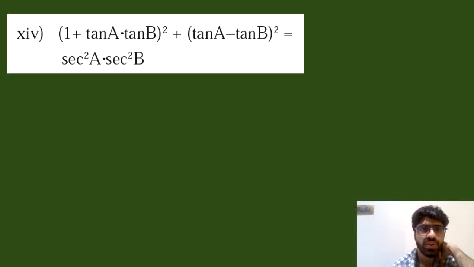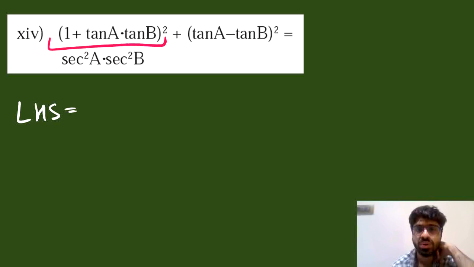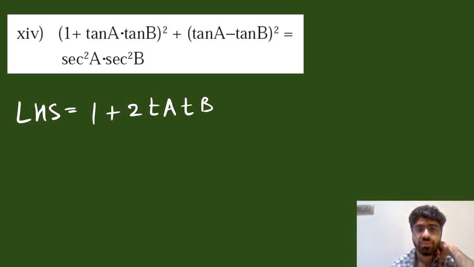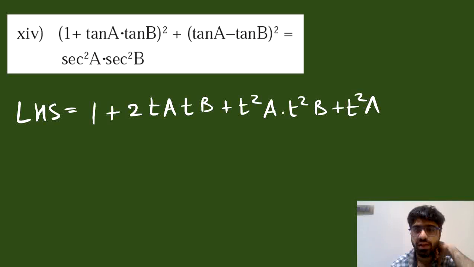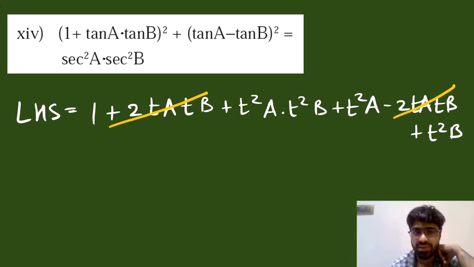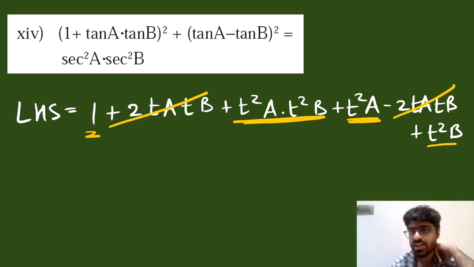And we can go ahead now with our 14th question. It's a very simple one. All you have to do is a plus b the whole square and a minus b the whole square. Expand the bracket and your work is done. So it would be 1 plus 2 tan a tan b plus tan square a tan square b plus we have tan square a minus 2 tan a tan b plus tan square b. You need to realize that this plus 2 tan a tan b and minus 2 tan a tan b get cancelled. 1 plus tan square a tan square b is one term, plus tan square a plus tan square b